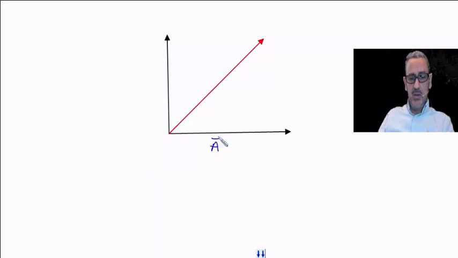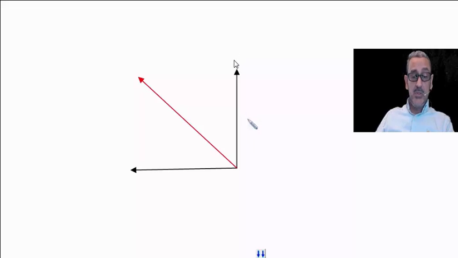Let us assume that we have a force A acting, and perpendicular to it there is a force B. These forces start from the origin. One is on the right hand side and one is in the upward direction. So the resultant, like the combined effect: if there is a boat I am pulling in this direction and you are pulling in this direction, the combined effect of these two forces will be that the boat goes in this direction.